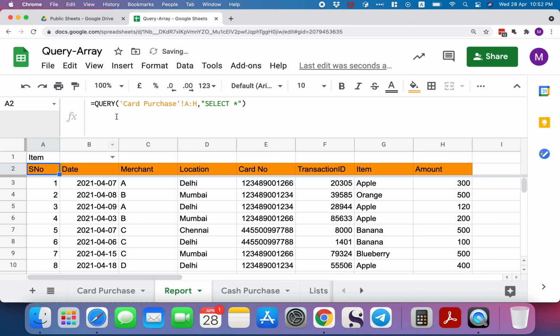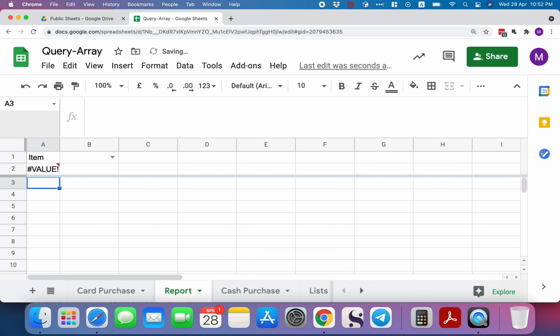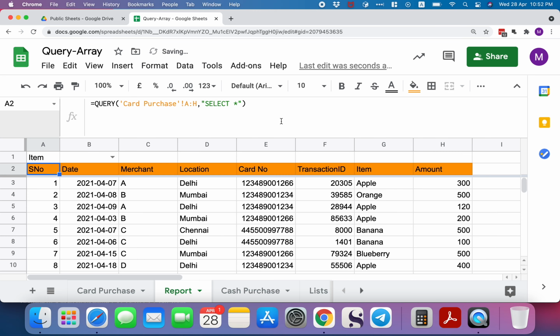Oh, sorry. If I just open my array here and just merge one on top of the other, and if I change this to cash purchase, now instead of A to H, I'm going to give A to E because that's where the data is. And well, hang on, if we go back there,